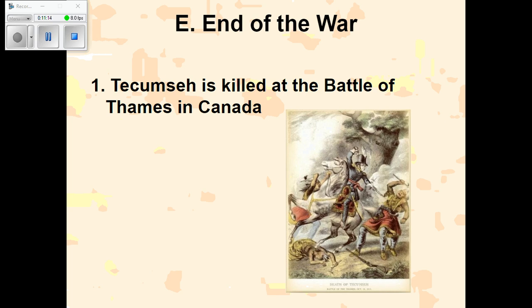So in the end, what happened is his brother, who was named Tenskwatawa, who was called the Prophet, ended up leading a battle against William Henry Harrison in Indiana and failing miserably. And so the Native Americans just had to keep pressing forward and doing the best they could. But it becomes problematic for them when Tecumseh himself, their leader, is killed at the Battle of Thames in Canada. And things really start to fall apart for the English because once Tecumseh falls, the Native Americans themselves really fall as well.